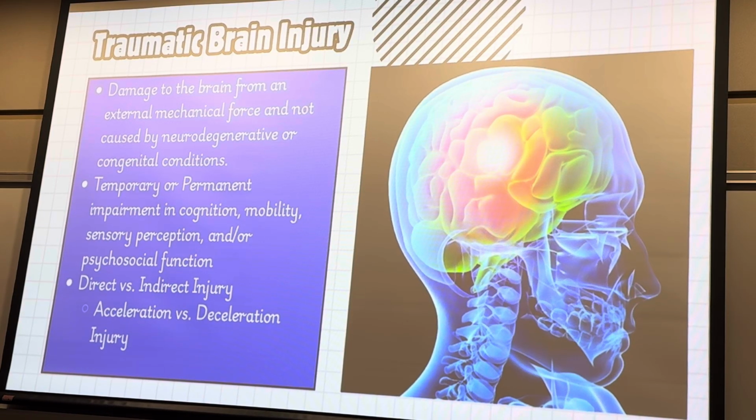And then say you're running, let's talk about a football player. He's running, he gets tackled, but it's called for targeting. He has that movement of his head, but then he hits that kind of brick wall or the other football player and causes that sudden stop motion to occur. So that's a deceleration injury. Or you're in a car and you hit somebody head on and you move forward. That could be that deceleration injury, moving to an abrupt stop.